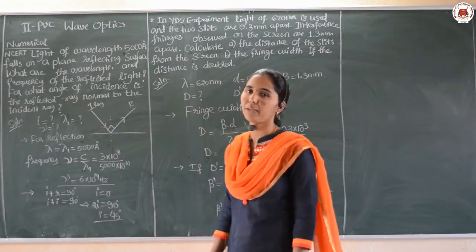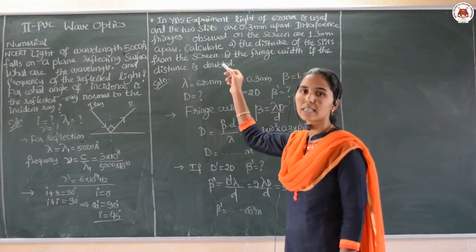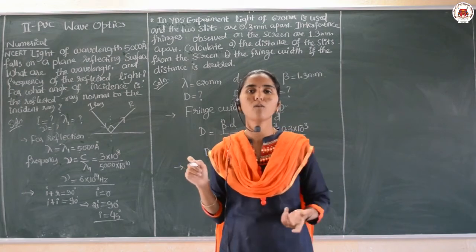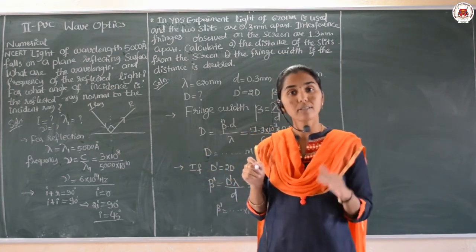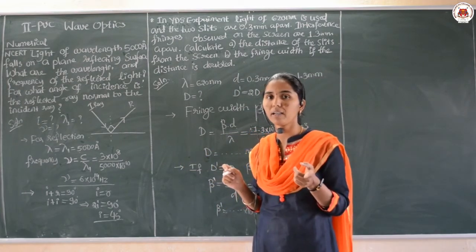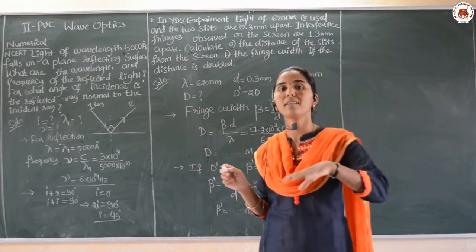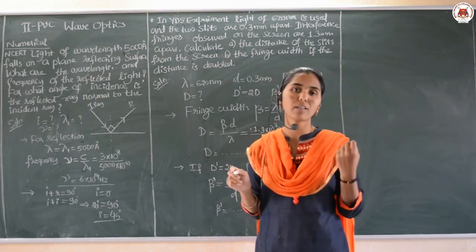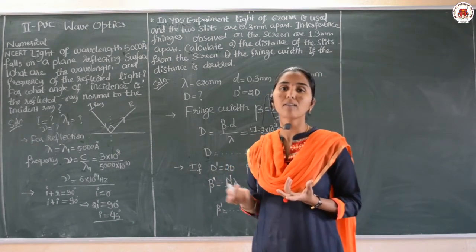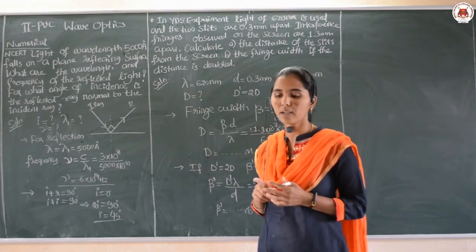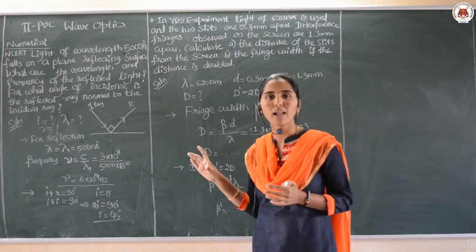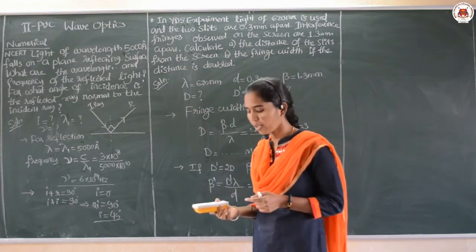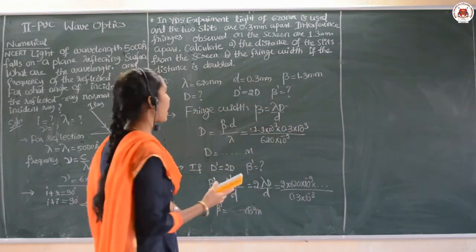Sometimes the numerical may be asked when the distance is doubled or the distance between the slits is halved, like that a few of the questions will be changed. And last time I also solved one numerical where the whole apparatus was immersed in water. Then also there is a change in the wavelength and the velocity of the light. By considering that, we need to solve the next numerical. Okay. Related to the interference of light, this much is enough. Further, we can solve on the diffraction of the light. Before going to solve that, let us